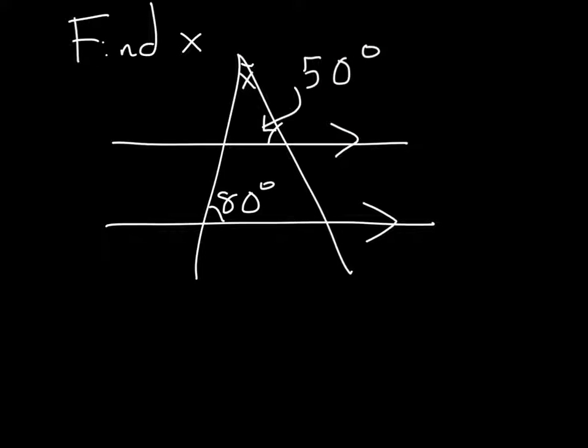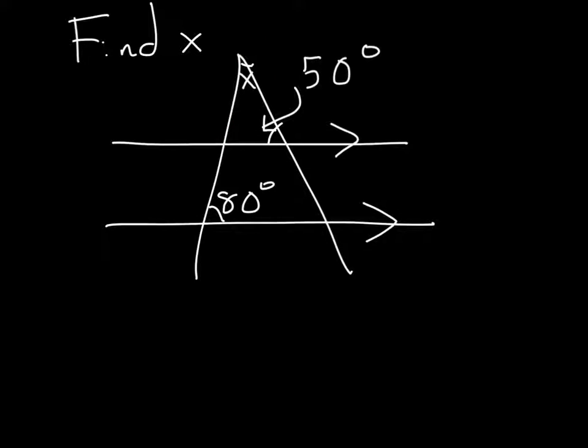All right, let's look at the second problem. The second problem is fairly similar. We have two parallel lines, and we have two transversals that aren't parallel to each other. And so what that means is that at the end here, past the topmost parallel line, they form a triangle. Well, we know that the three angles inside this triangle have to add up to 180 degrees. We know one. So if we can find this angle here, then we'll be able to solve for the angle